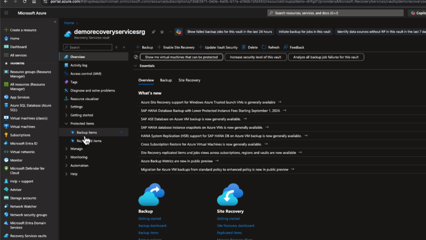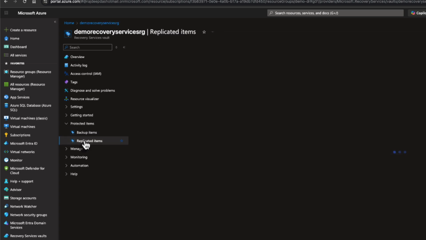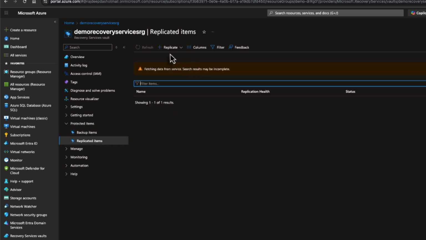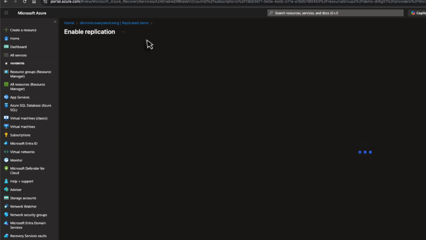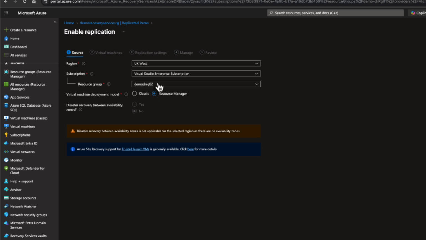Backup is your simple backup, which you take when you create a VM. You can back it up in the recovery services vault. However, a replicated item is a different game. It is only used for DR purposes. If you click on replicated item, you can replicate items which have been created in a different region. If you click on plus, you can select Azure Virtual Machines, VMware, or Hyper-V VMs to recovery site SCVMM. There are four options. If you click on Azure VM, you have an option to select the resource group which